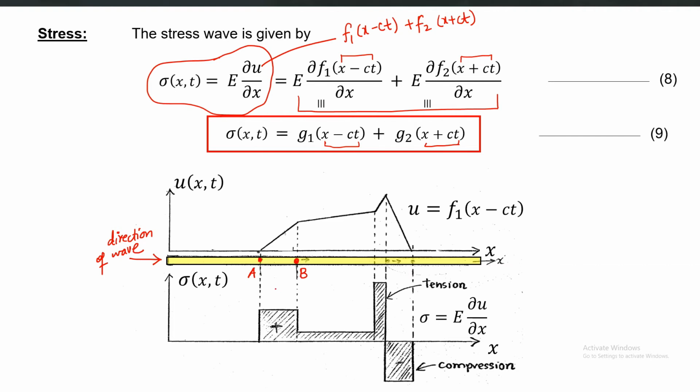So at A the displacement was 0, at B there was some displacement towards the right hand side. Displacement is not up and down, it is towards the right hand side. So the direction of wave is towards the right hand side. At point C, you again have some increased displacement.